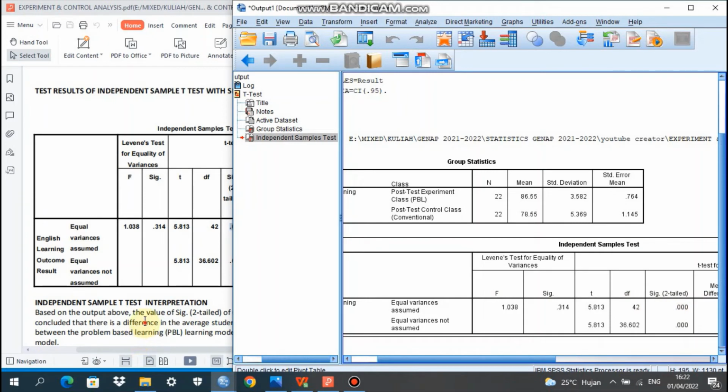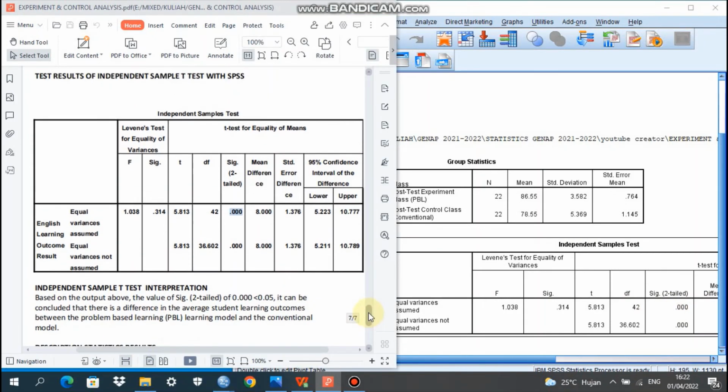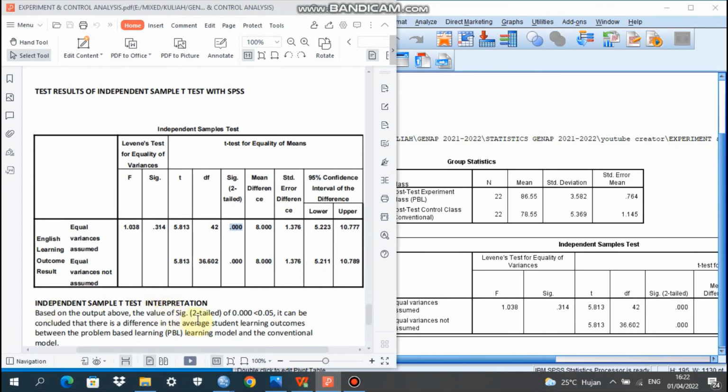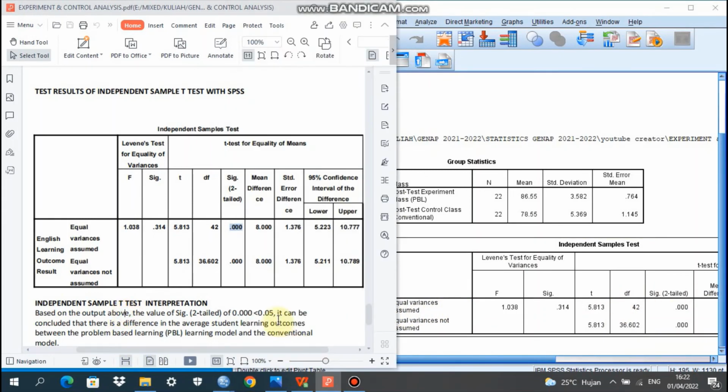Okay, let's go to the interpretations here. Independent sample t-test interpretations, based on the output above, equal variances assumed here. The value of significance two-tailed is 0.000.